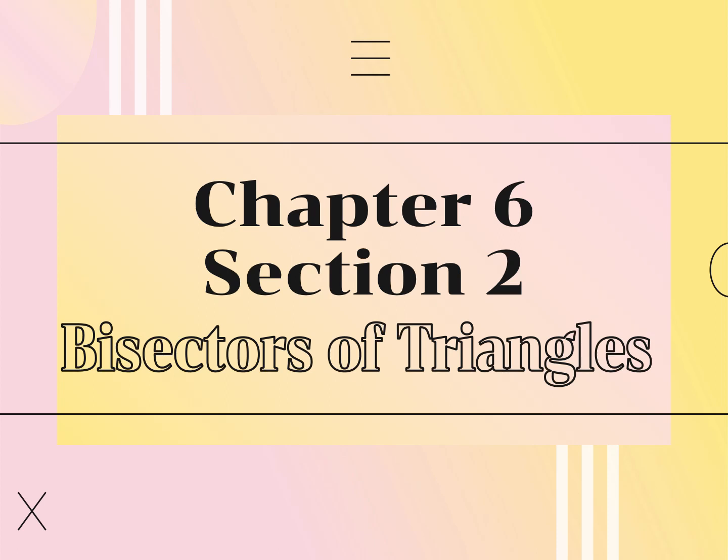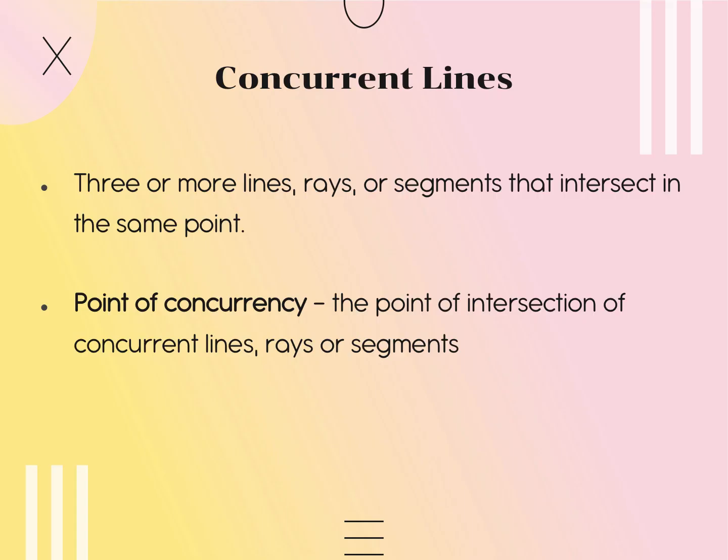In Chapter 6, Section 2, we're going to start talking about bisectors of triangles. And again, when we talk about bisectors and triangles, we're talking about perpendicular bisectors, and we're talking about angle bisectors. Before we start with the bisectors, we need to talk about some basic vocab terms that you might not have